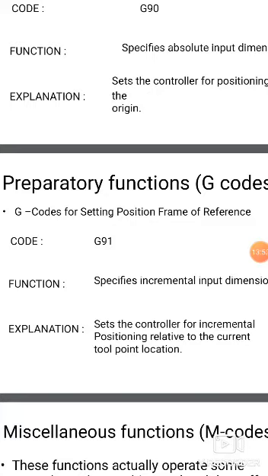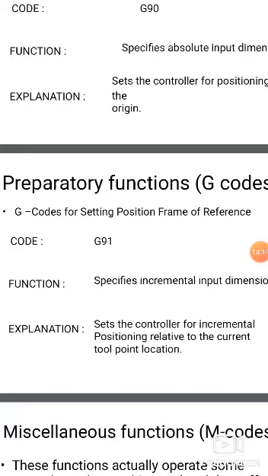It is an incremental position. The tool always moves by incrementing from the last position value, taking each reading from the previous position. So that is the incremental position.